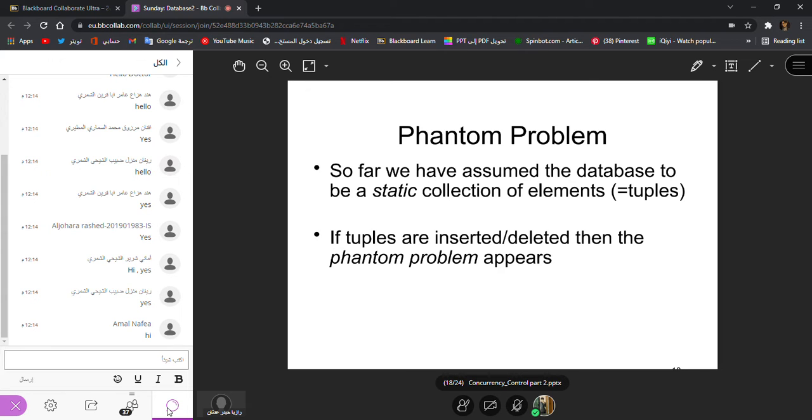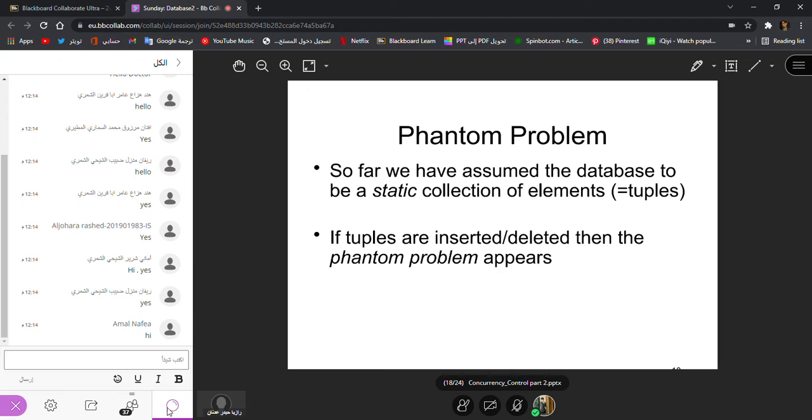So far we have assumed that the database has a static collection of elements. Static means that we have an already defined number of rows in our table. If you have 10 rows at the start of your transaction, after that you will also have the 10 rows in your table. So that is a static collection.